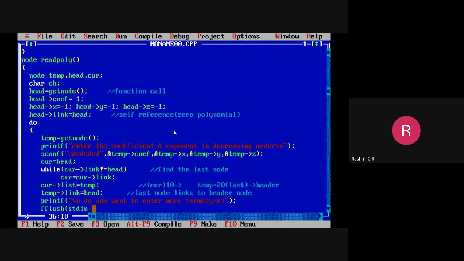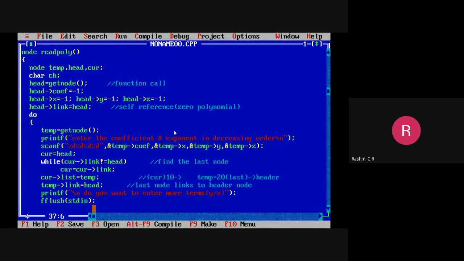If any characters are present in the input buffer, they will be cleared. Flush will clear the standard input buffer. Then scanf is to read the choice of the user.